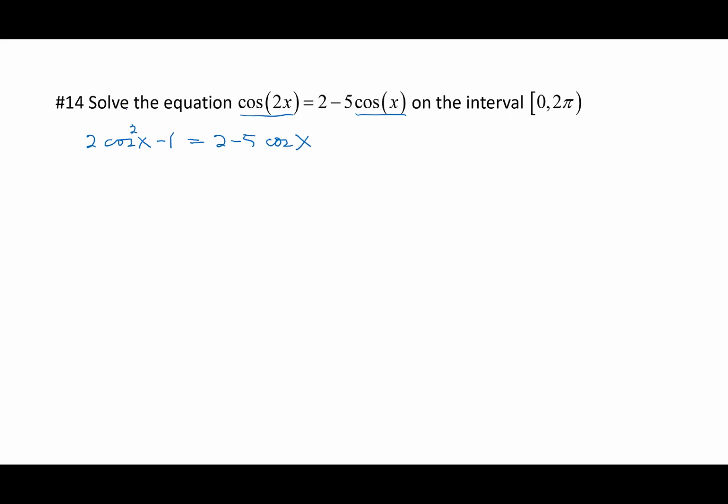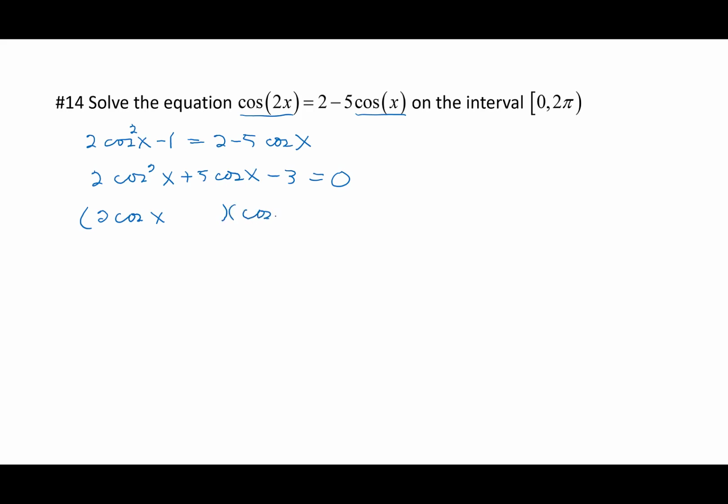What you're going to want to do on almost all of these equations that you're solving is to get a 0 on the right hand side. So we have 2 cosine squared x. I'm going to add 5 cosine x to both sides to give me 2 cosine squared x plus 5 cosine x. And then if I subtract 2 from both sides, I have minus 3 equals 0. From this point, we'll try to factor our expression on the left side into